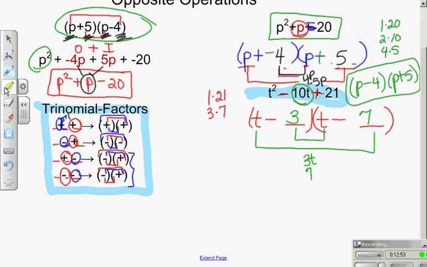Well, it's clear that 3 and 7, check my inside terms, 3t and 7t make negative 10t. Quick check your first terms, t times t is t squared. 3 times 7, negative times negative, is positive 21. This one factors into t minus 3, t minus 7. We will go